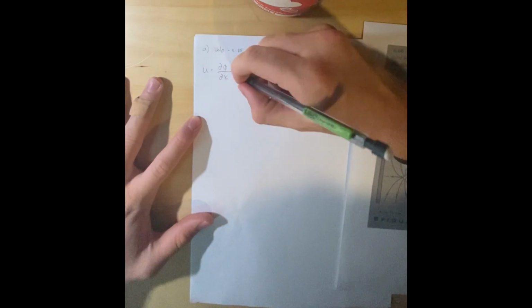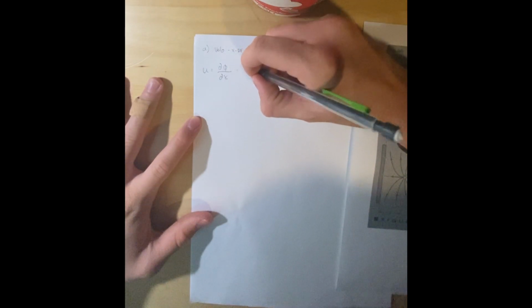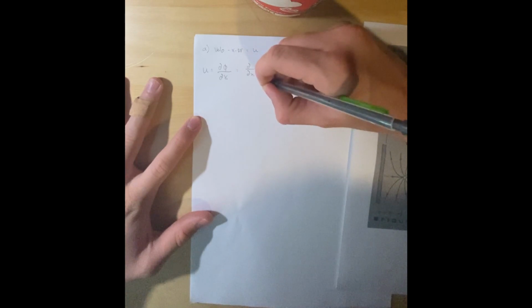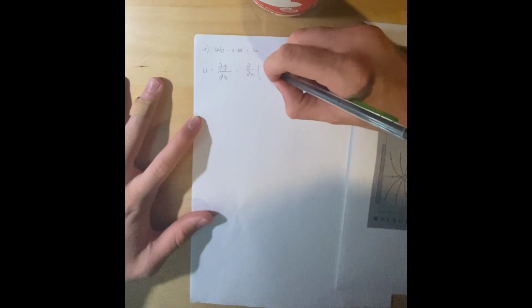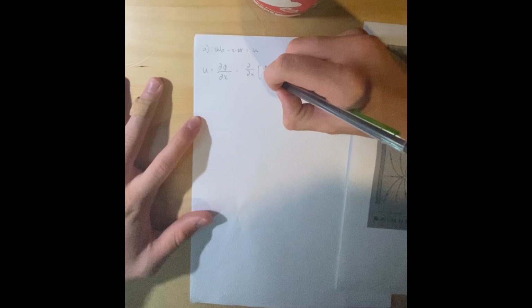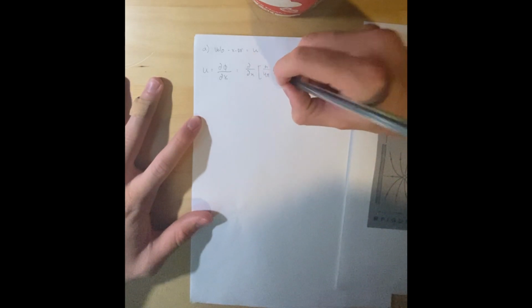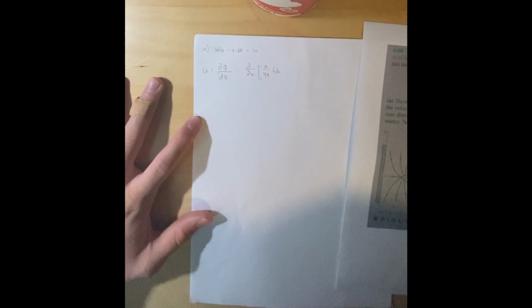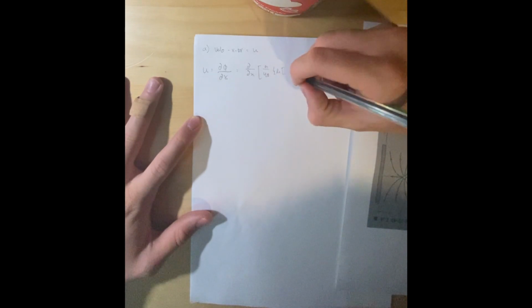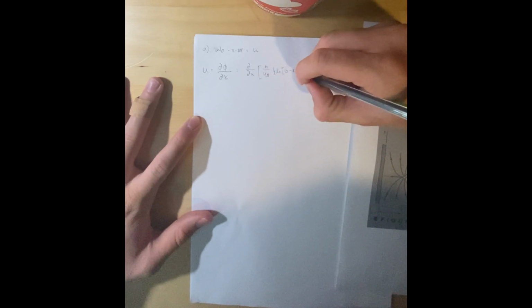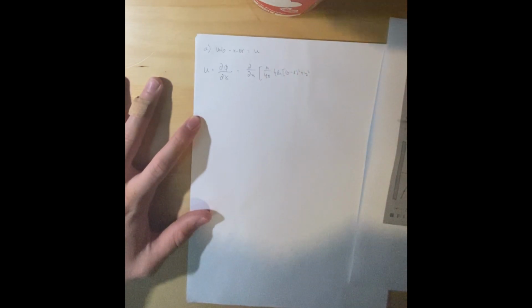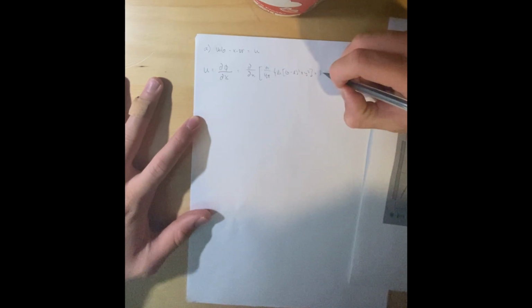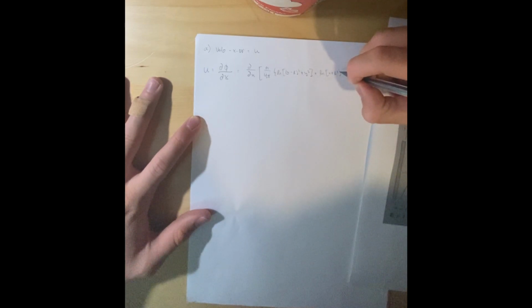So we're going to substitute in partial x of m over 4 pi times ln of (x minus l) squared plus y squared, plus ln of (x plus l) squared